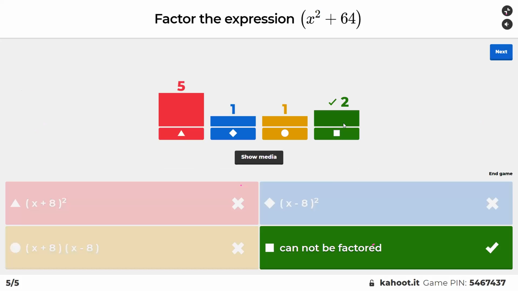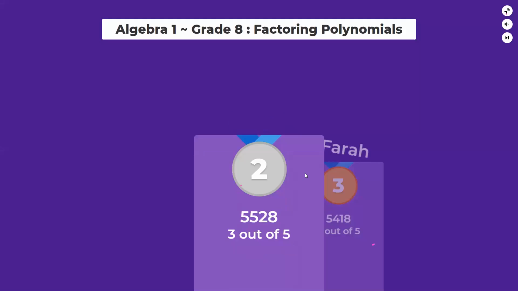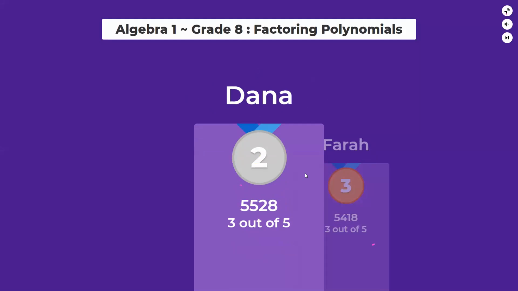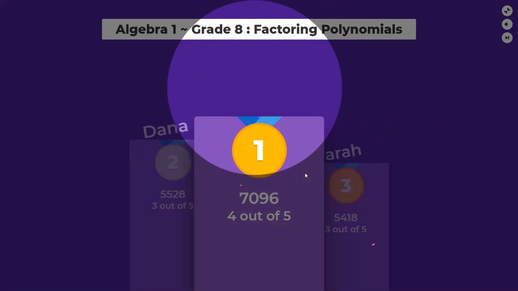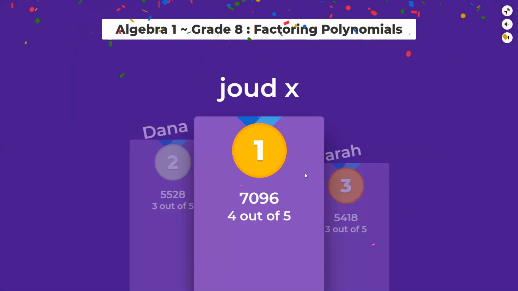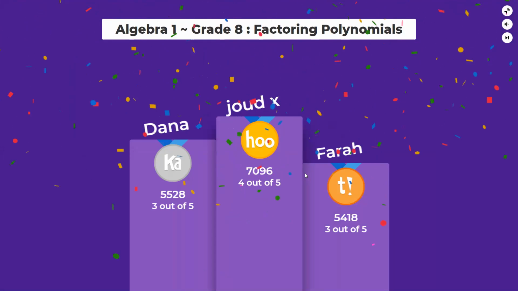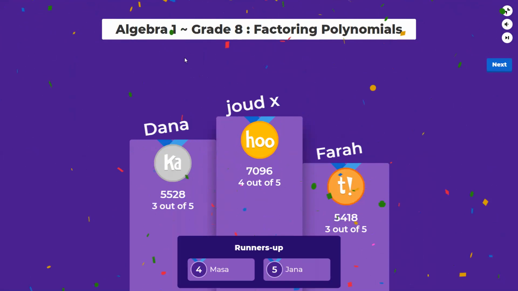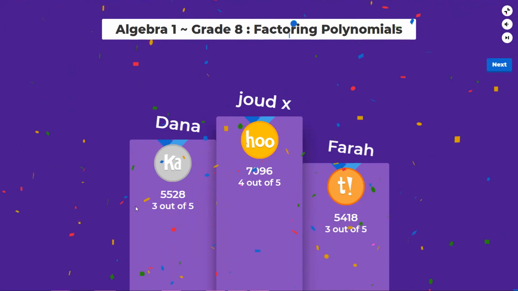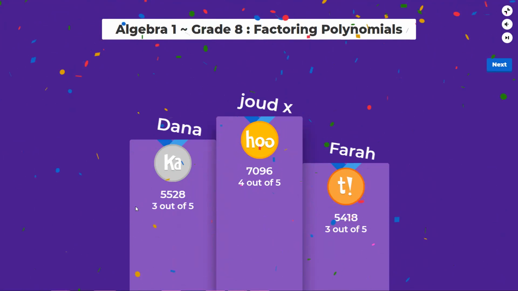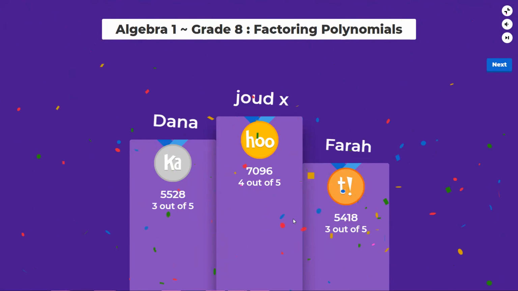Cannot be factored, and only 2 answered this question. Who are they? The third one, Ghana. The second one, and Jude will be the first one. The runners up were Masa and